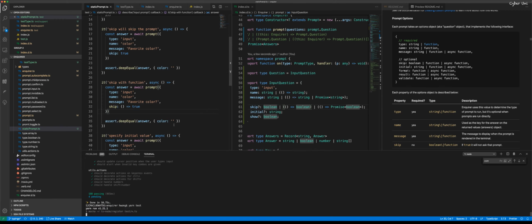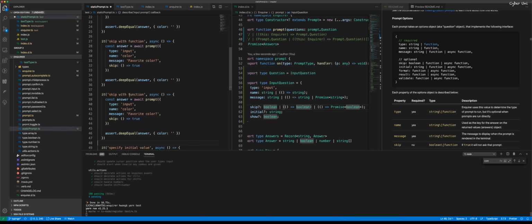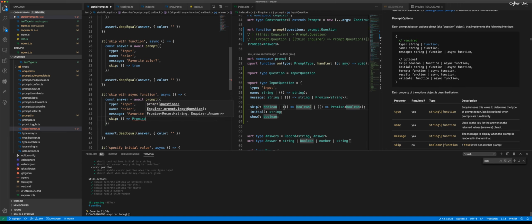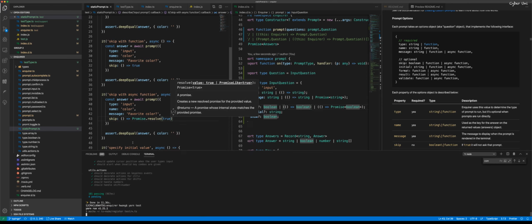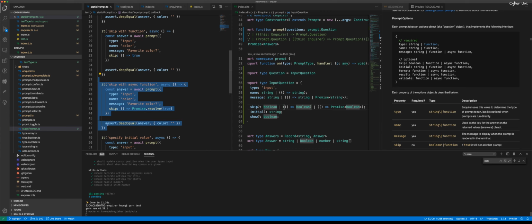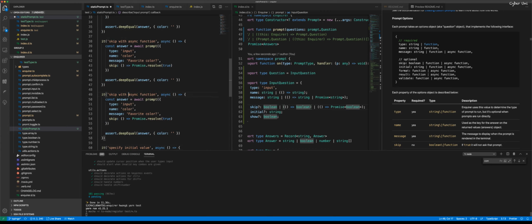And then I would expect it to work. So while it's running, I continue with the async function. Promise resolve true, right? And I will actually add one more,